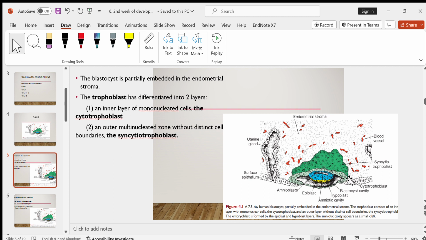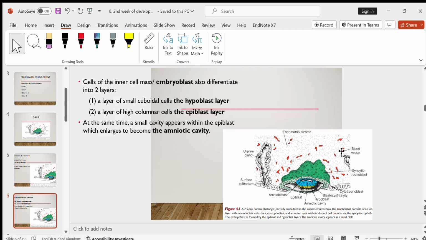And the other layer that is formed from trophoblast is the syncytiotrophoblast, and this is a multinucleated zone that has no mitotic activity going on, and this cytotrophoblastic layer has mitotic activity going on, and eventually we'll see in later stages that